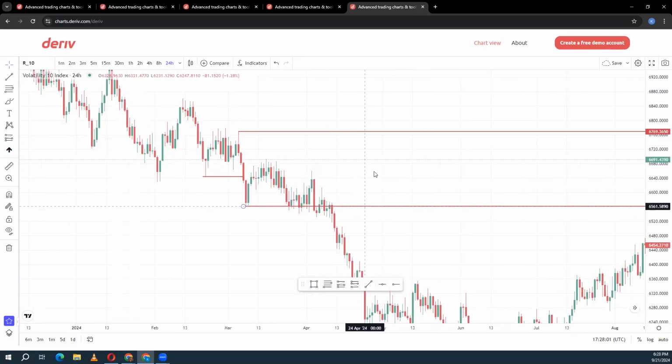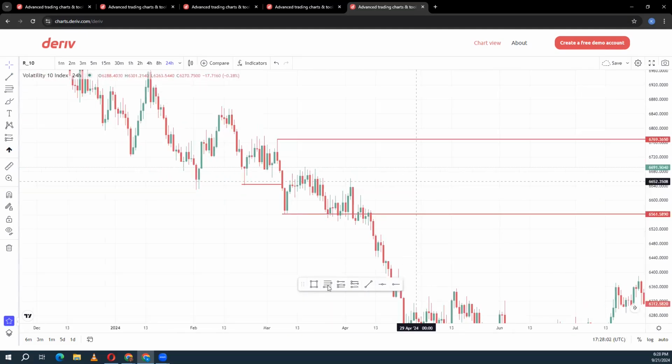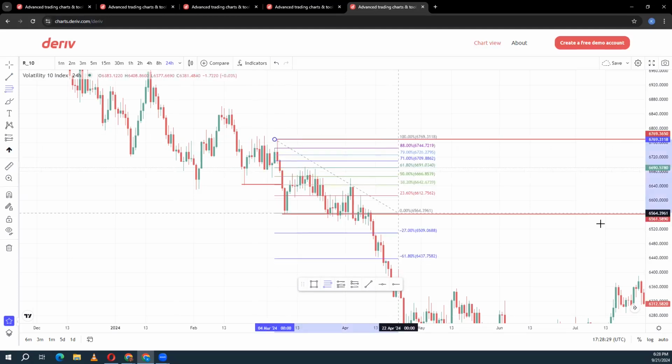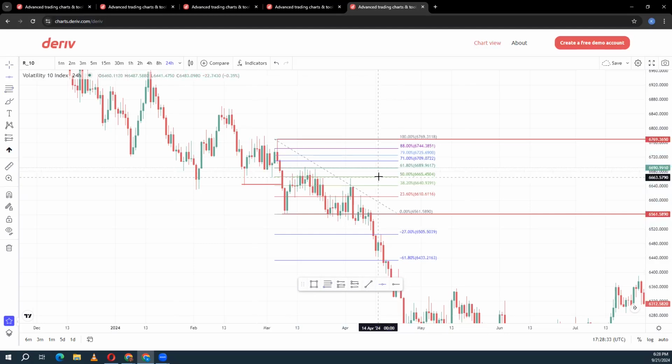Now, like I said earlier, for you to know what's the area on that higher time frame move where you will start looking for buys, and when you will stop looking for buys, and when you will start looking for sells, and when you stop looking for sells, that's where your Fibonacci tool comes in. You will take from the beginning of that move to the end of the move, right? And like I told you, the 50%,